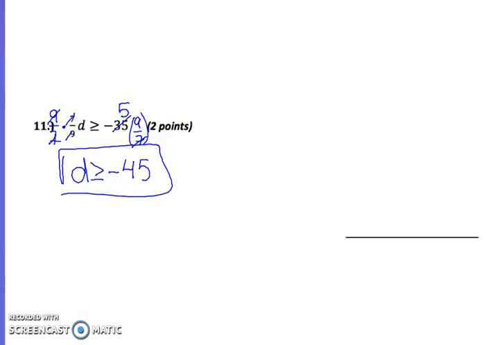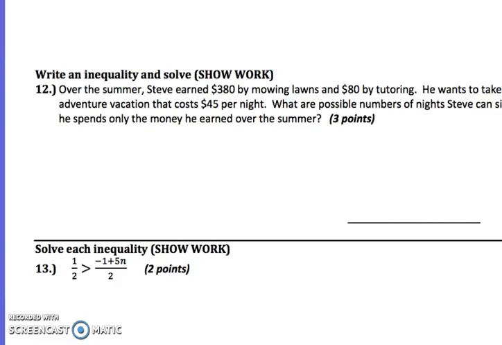Okay, for number 12, we just finished number 11. We're going to do number 12. Over the summer, Steve earned $380 by mowing lawns and $80 by tutoring. He wants to take an adventure vacation that costs $45 per night. What are the possible number of nights Steve can sign up for if he spends only the money he earned